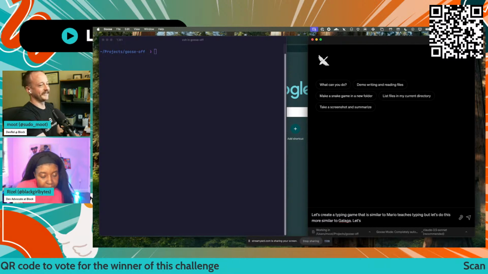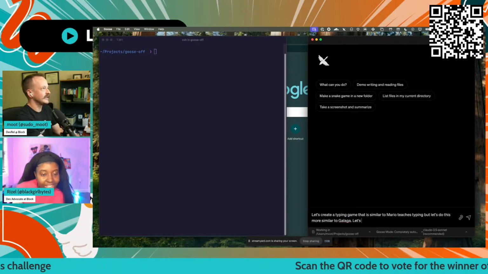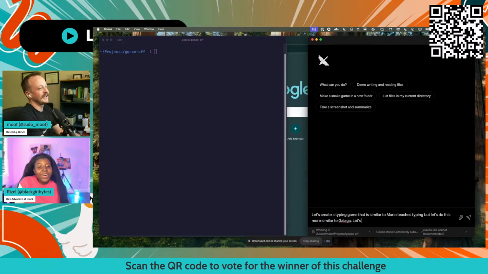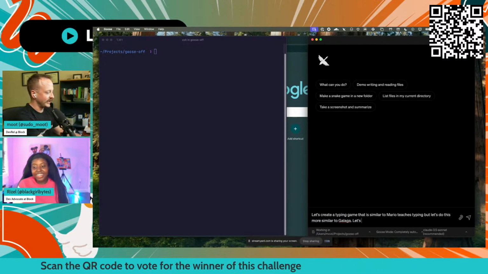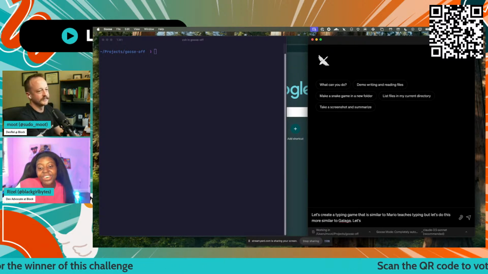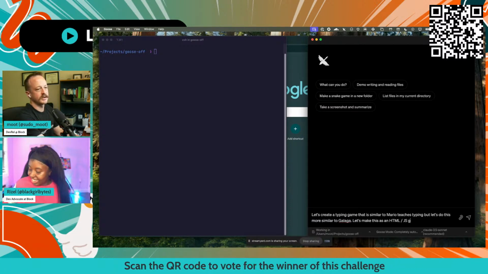Is it like Super Mario? It's like Mario, but you would have to type things to make Mario move through the game. So it was a way to learn how to type faster and intuitively. Oh, okay. And HTML script game.